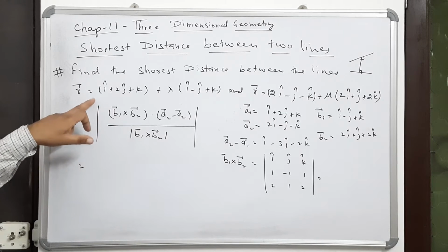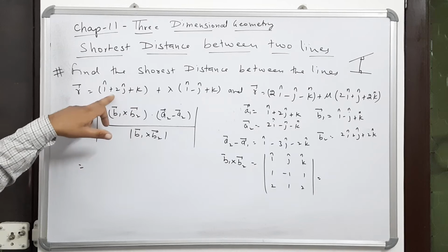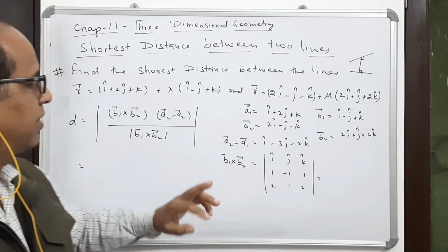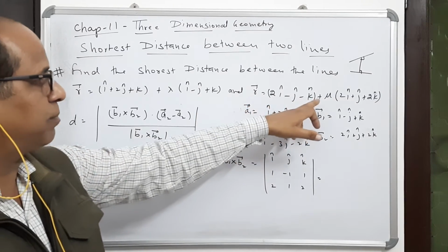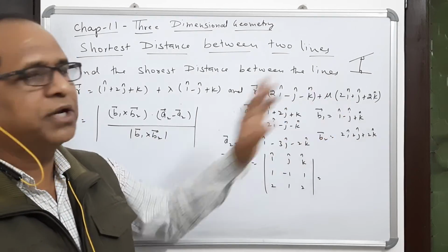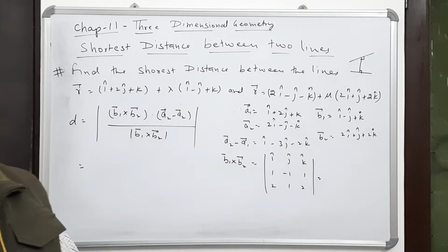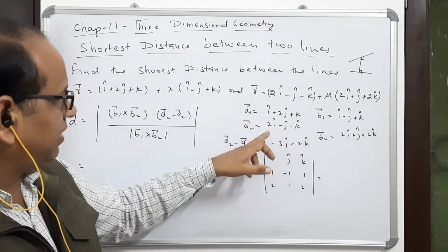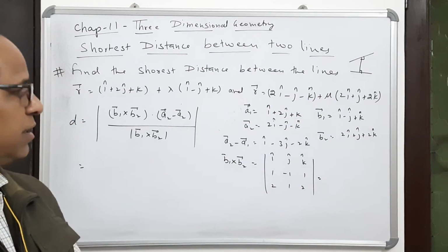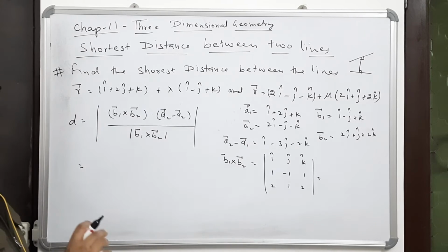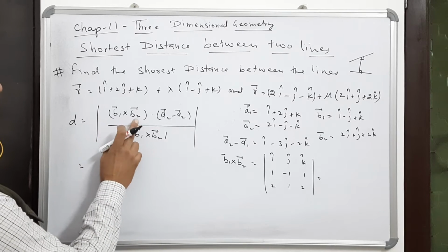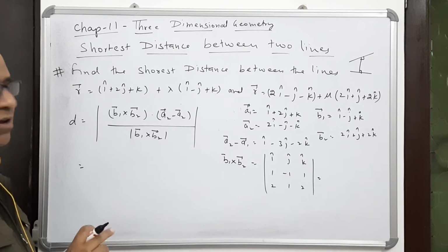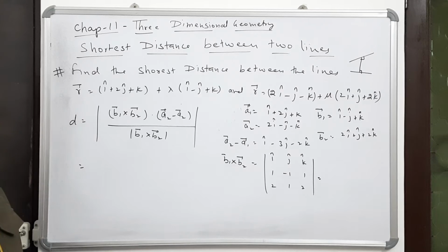Now you see, this is the vector form of the line. This is A1 plus lambda B1. So this is A1 and this is B1. Second line, it is A2 plus mu B2. We are using another constant. Here it is lambda, here it is mu. So this is A2, and this is B2. Now, the formula for the shortest distance is B1 cross B2 dot product A2 minus A1 upon